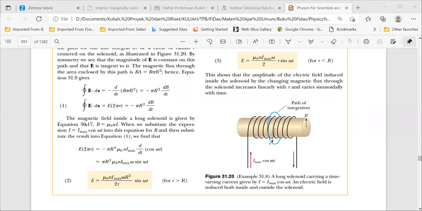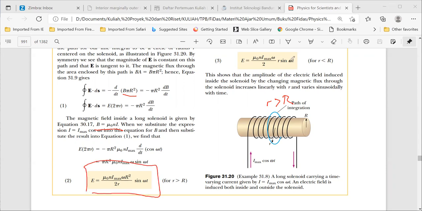Jadi ini adalah untuk kasus di mana r lebih besar daripada R besar, jadi di luar radiusnya. Oke. Nah, karena flux itu adalah di dalam, jadi flux di sini artinya flux yang keseluruhan di solenoida. Jadi ini adalah B kali π kali R besar kuadrat. Karena B-nya bergantung pada t, yaitu μ0 N kali I, itu didapatkan bahwa rumus untuk E di luar dari solenoida adalah seperti ini.